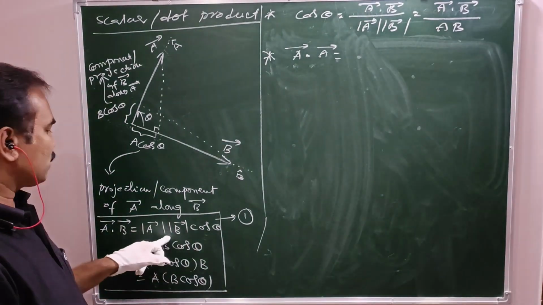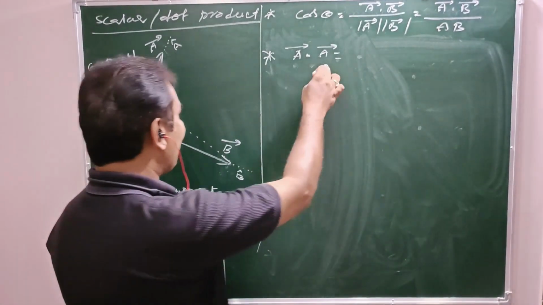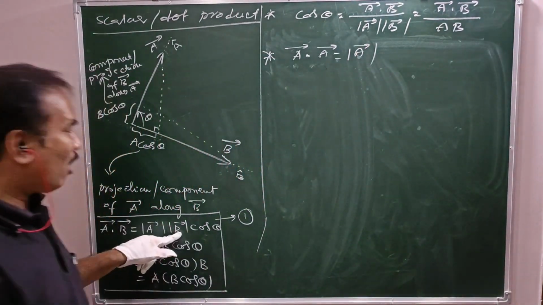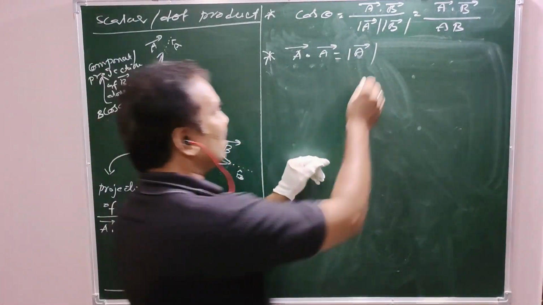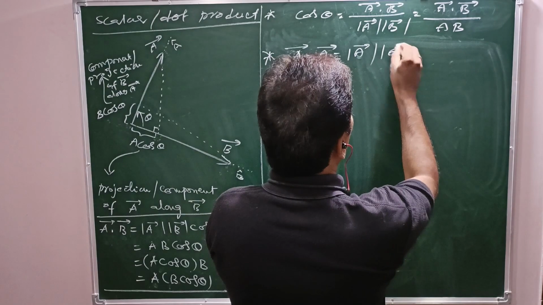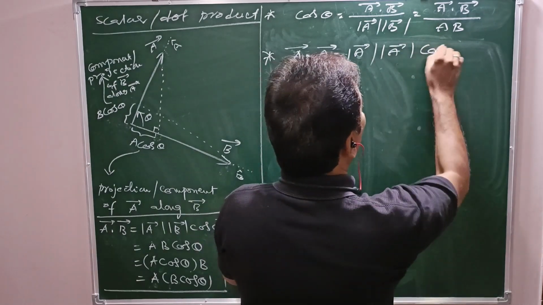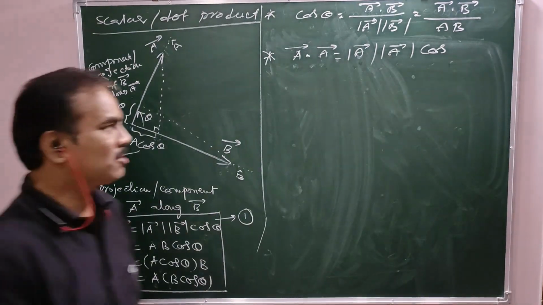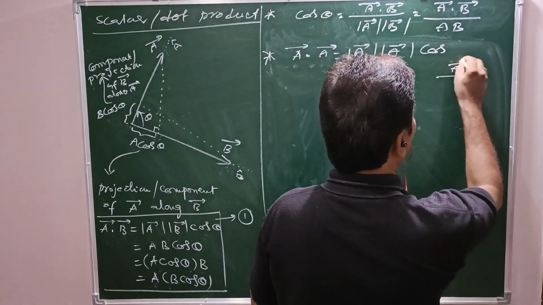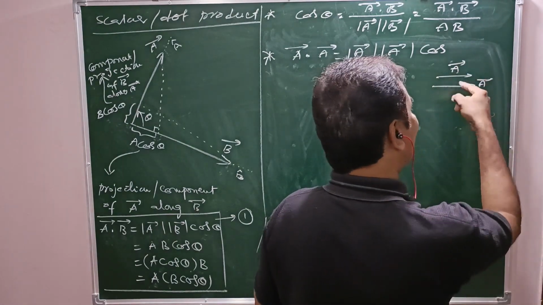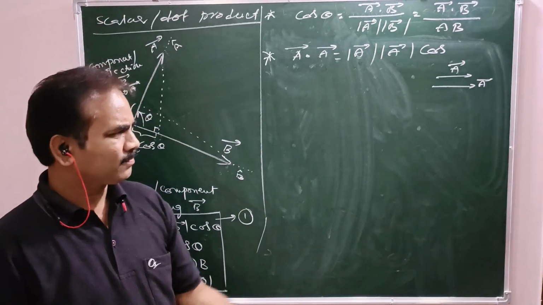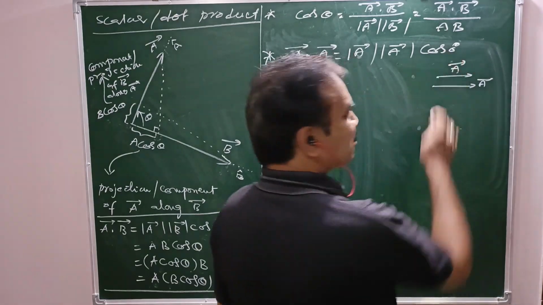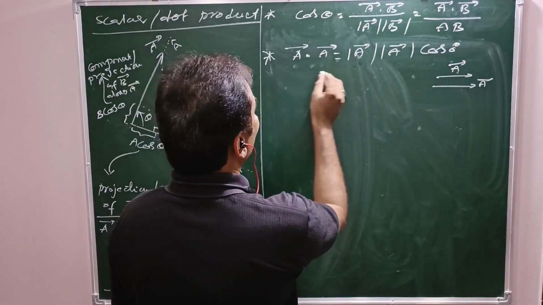So replace as per the given expression, that is A bar dot A bar means mod A bar into mod B bar. What is B bar? Again A bar means mod A bar mod B bar cos. What is the angle between A bar and A bar? A bar parallel to itself means suppose if it is A bar, again this is A bar. Now what is the angle between these two? 0 degrees. Why? Because A bar parallel to itself, that is theta is 0 degrees. What is cos 0? 1. That is A bar dot A bar equal to